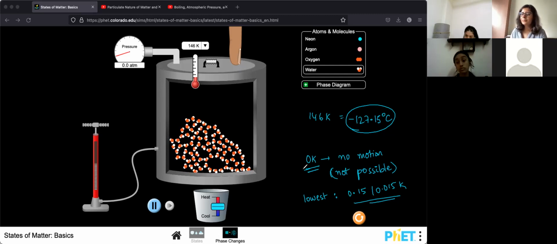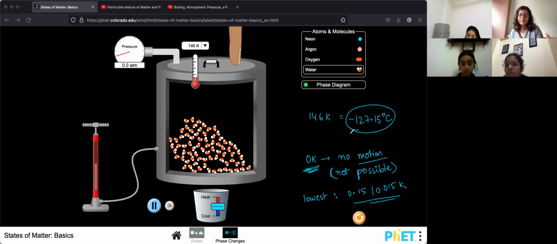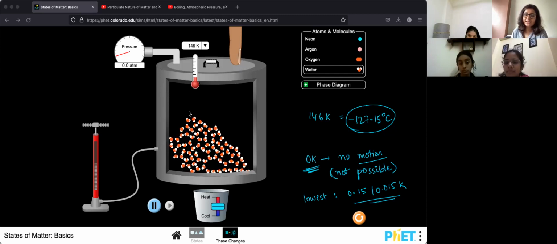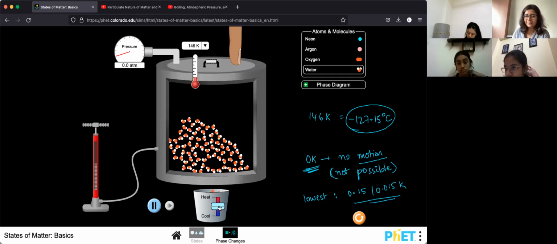Theoretically, temperature पूरा जीरो है, मतलब there is no motion of particles, ये पूरा stationary बन जाएगा. But yeah, it's at this temperature. So even ice, even at like minus 127, 128 degrees Celsius, you can see that the particles are still moving slightly. थोड़ा सा vibration है, मतलब उनमें अभी भी थोड़ा सा heat energy है, this kinetic energy with them. Now let's see what happens when you increase the temperature. When I increase the temperature,